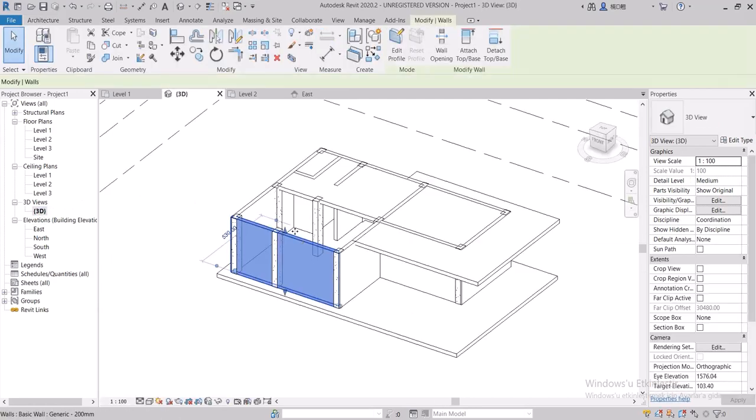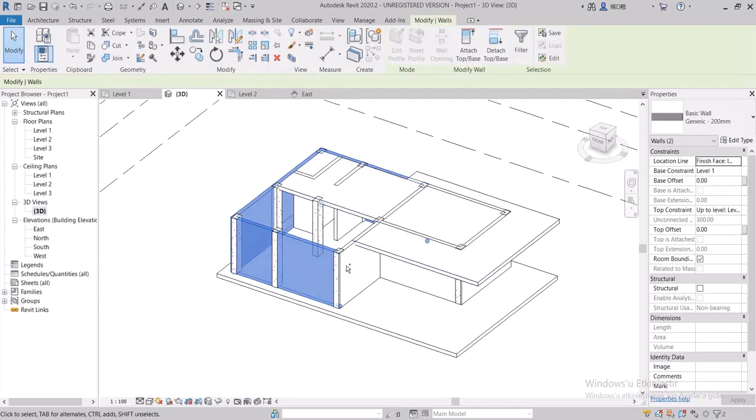Select the walls leading to the second floor and set Top Constraint.